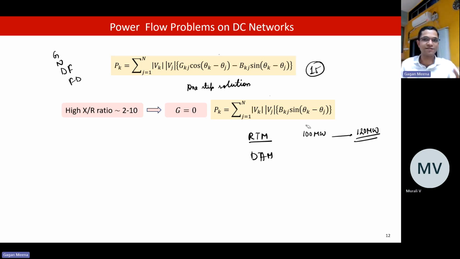The generator has to be given that information beforehand, at least 5 minutes before that. For that, there are several generators and distribution companies or other entities, commercial consumers, they together are